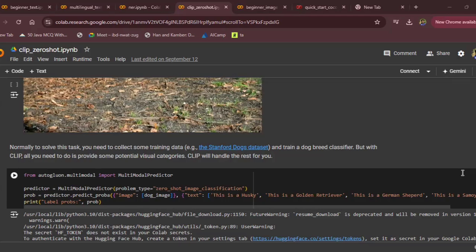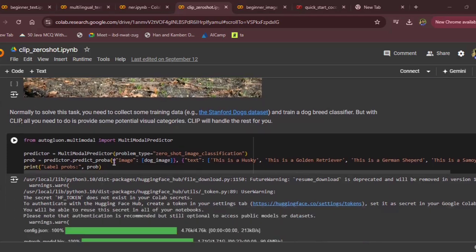So first we'll be classifying what kind of dog breed it is. But with CLIP, all you need to do is provide some potential visual categories, and CLIP will handle the rest for you. So that is pretty easy and simple for us. What we'll be doing is we'll be saying that the problem type is zero shot image classification, and give it to the multimodal predictor, and just call this function predict_proba, and classify the text with this dog image, that this is a husky, this is a golden retriever or German shepherd and stuff like that,